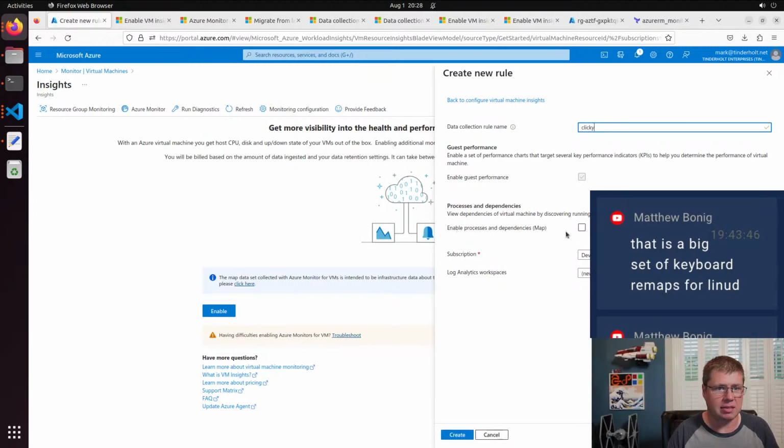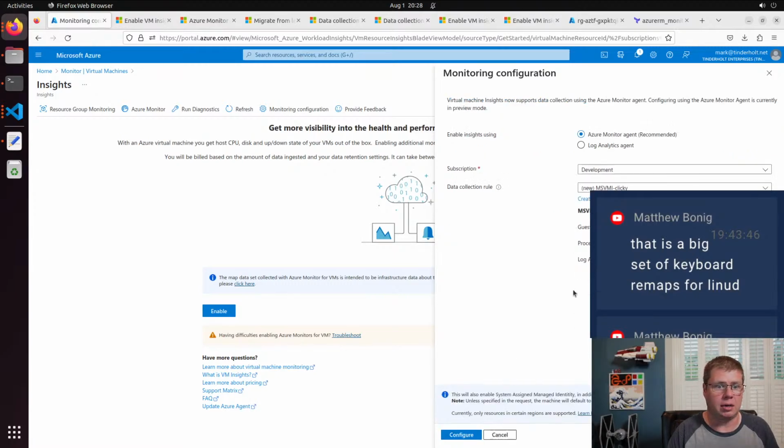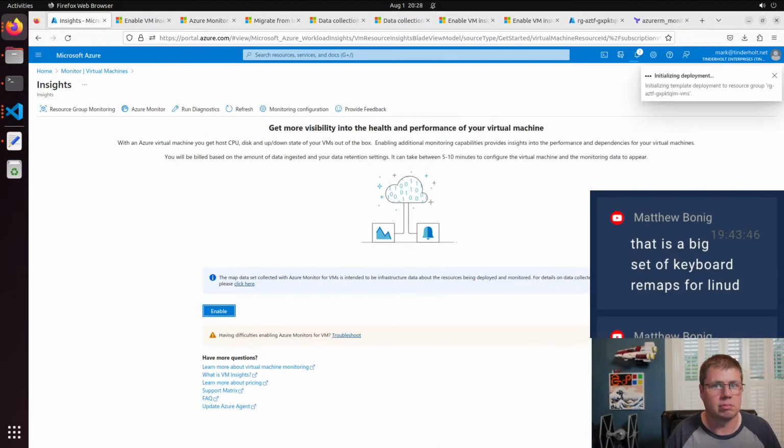Enable processes and dependencies. Yeah, we want that. Use my Clicky. All right. So MS VMI Clicky, guest performance, processes and map, Clicky workspace, and go. Okay. So we're going to do a little ARM deployment,